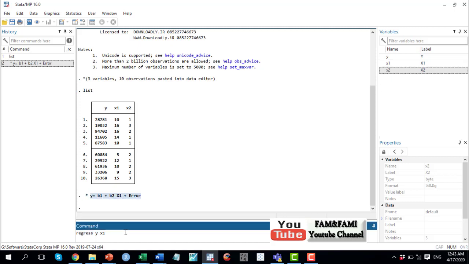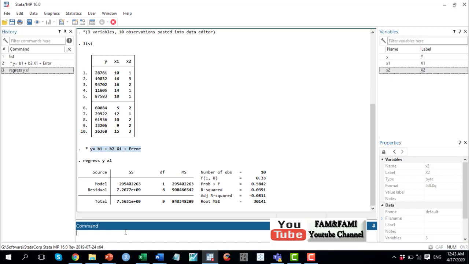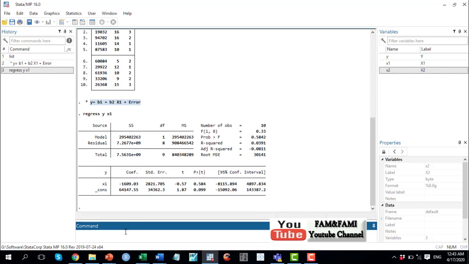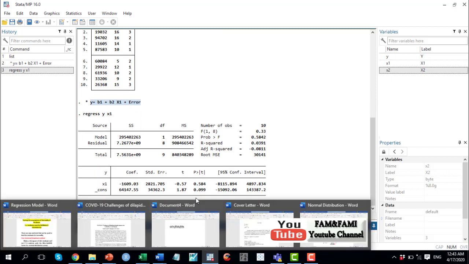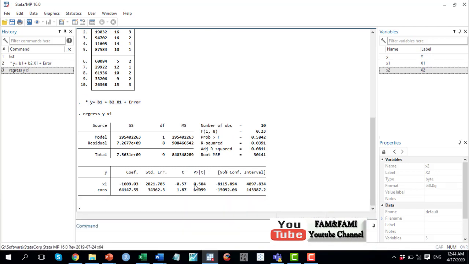Once you press enter, you can see that this is the output. And by the way, this is exactly the same output that we obtained in the previous video when we estimated this regression model in Excel.